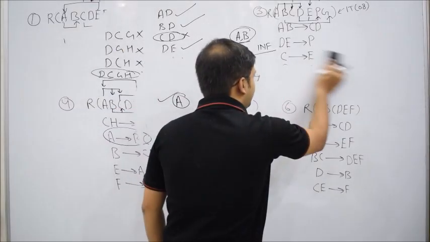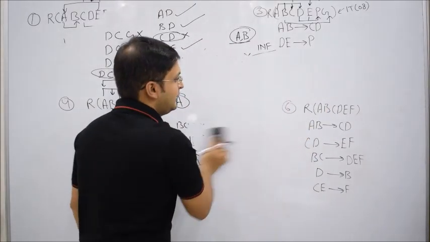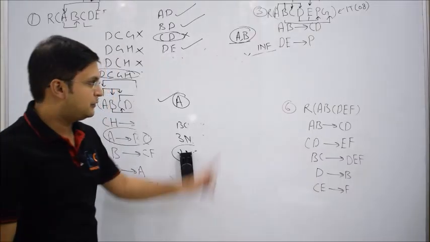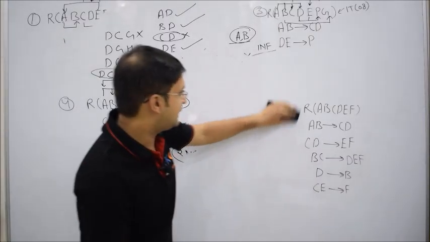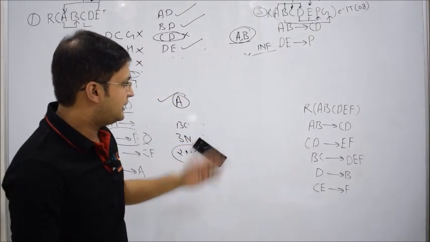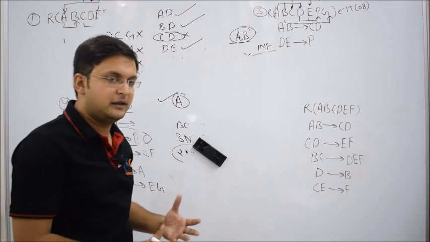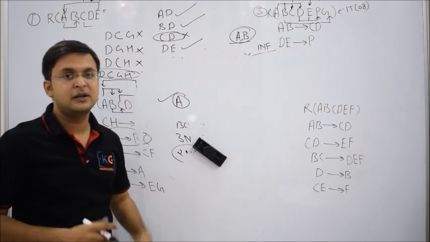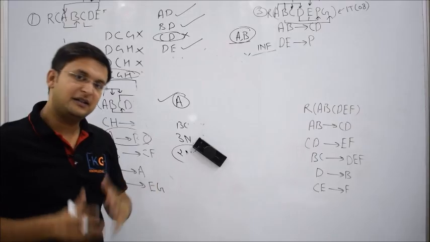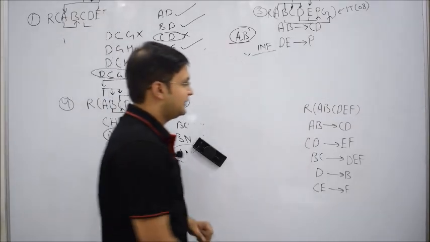Okay, now let's check out the last question. This question was also posted by student Sandeep. He mailed me the question. Now let's solve this question. So there are a number of functional dependencies. First we have to identify the candidate keys, and then based on candidate keys, the normal forms. Okay, now you see,